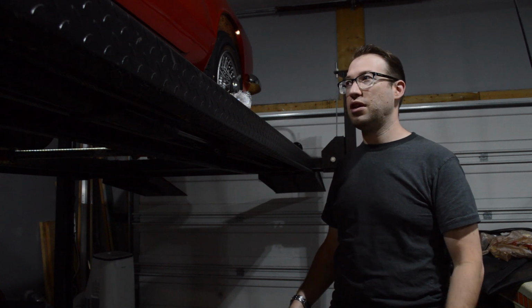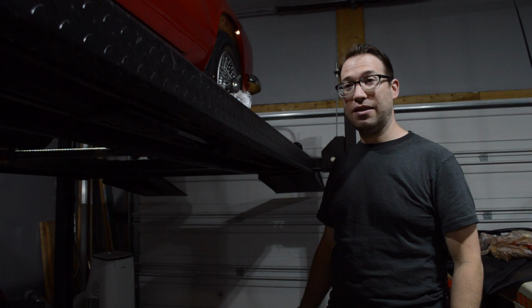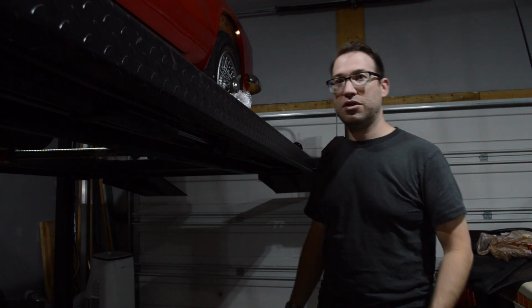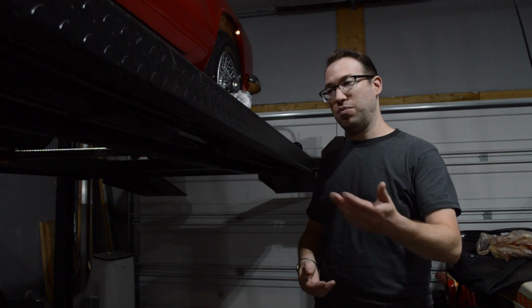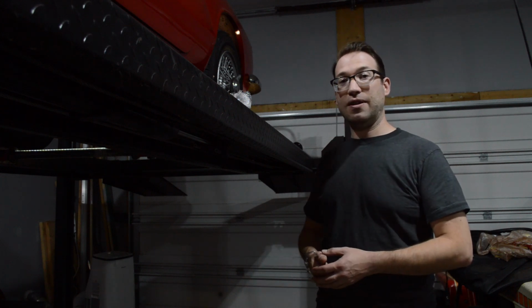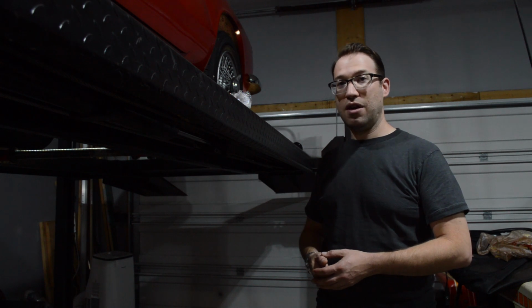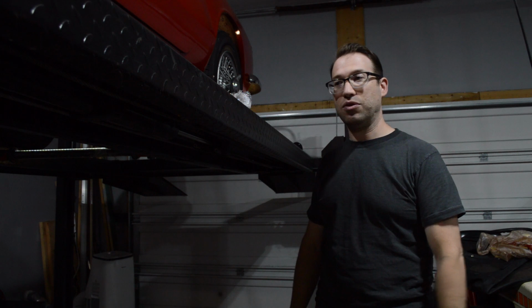So that's what you're experiencing there. Now, what I have found it to be in this car, the symptoms are that it is a noise that was road speed dependent, so I knew back of the transmission all the way through the wheels. I knew that it didn't change when I rotated the tires. I knew that I had just changed the U-joints because I had the clicking not too long ago, so it